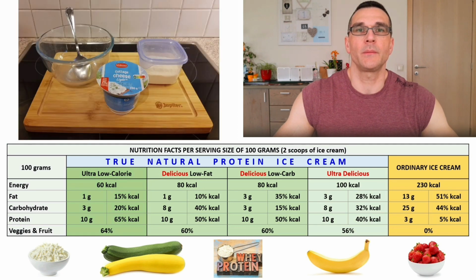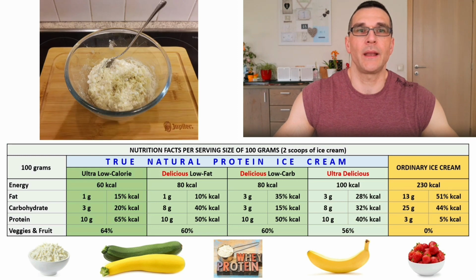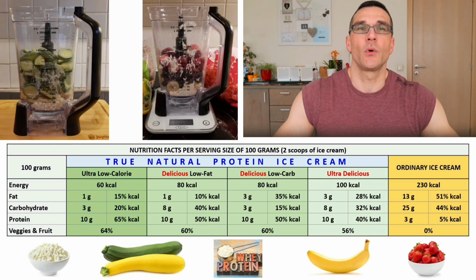Next, you put the powder blend in a glass bowl. You add the cottage cheese to the powder blend in the glass bowl and mix it with a tablespoon to obtain a mass. Then you put all ingredients together in the blender in the following order from bottom to top. First the cottage cheese mass, then the frozen banana, the frozen blueberries, the frozen strawberries, the frozen zucchini and the